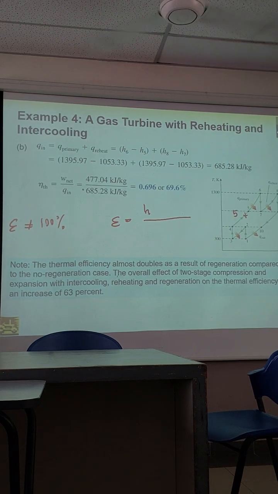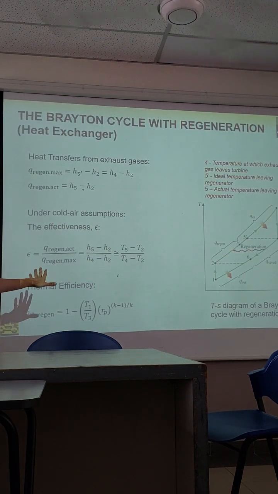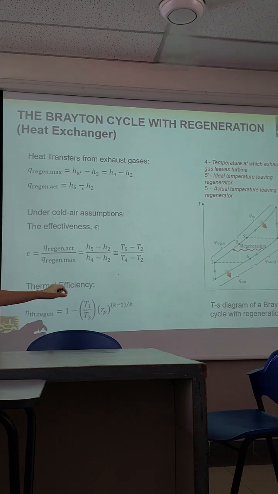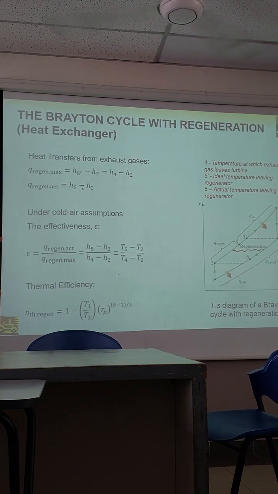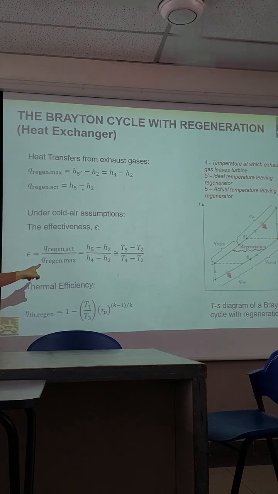So what was the effectiveness equation? Let's see. Where was it? So you need to use this equation here. So even though it is reheating and intercooling, you are still only focusing on the first one because you are only reheating that part using the regenerator heat, which means it is still H5 minus H4, over H4 minus H2. So in this case here,